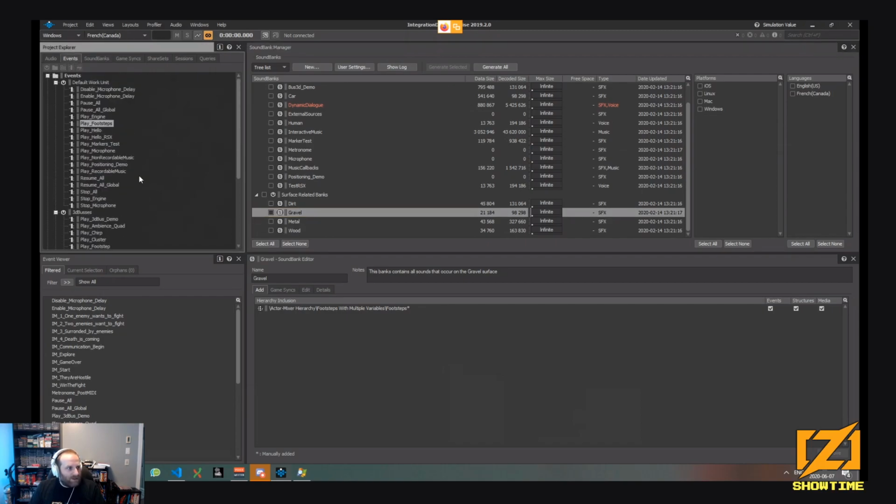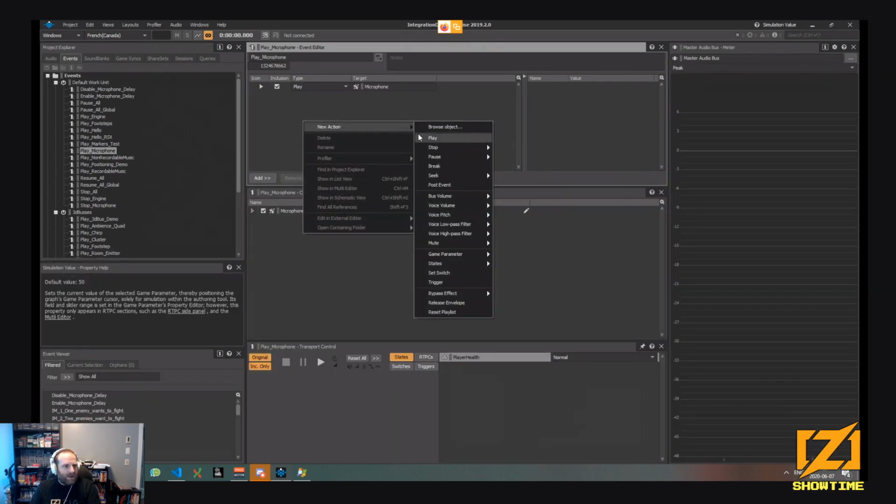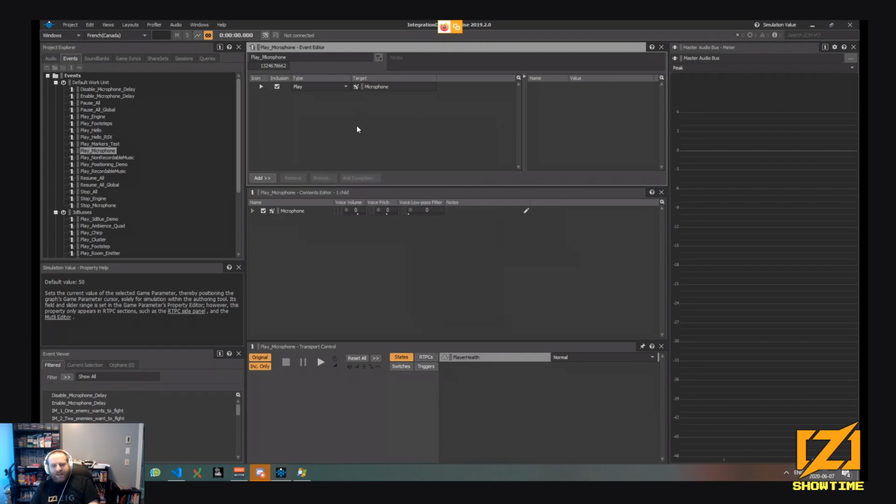And also, for events you can do more than just play events. If I go back to here, I can do stop all, pause, set bus volume, modify pitch of voices, and set game parameter, and so on. So this is quite flexible.